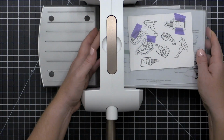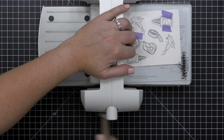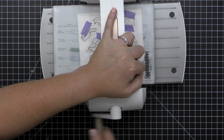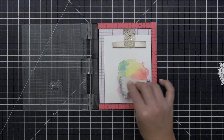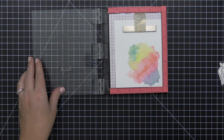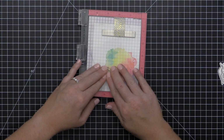And I'm going to use the coordinating dies and my Platinum 6 die cutting machine from Spellbinders to die cut these images. Now, this is a manual die cut machine, and I will be reviewing this in next month's newsletter. I'm going to be doing a guide to die cutting, so stay tuned for that, and you will learn everything that you need to know about the Platinum 6, the Platinum, and the Gemini Junior, which are my